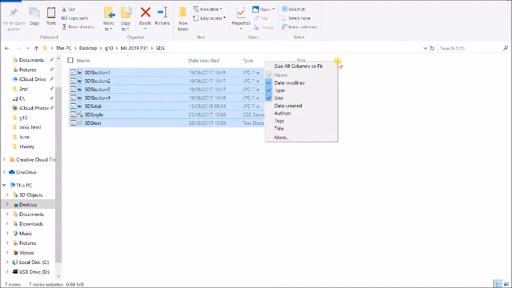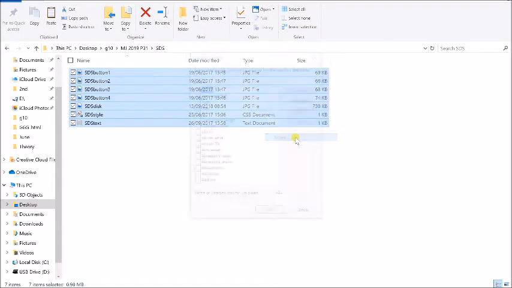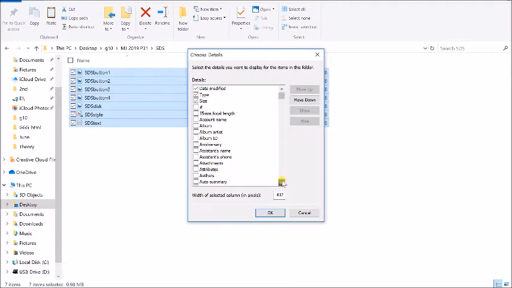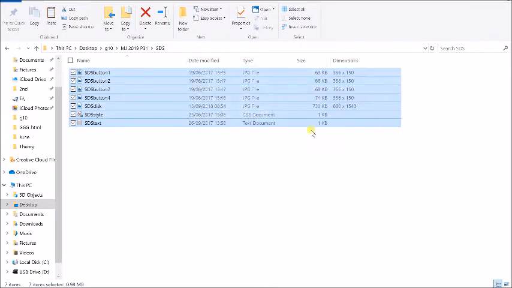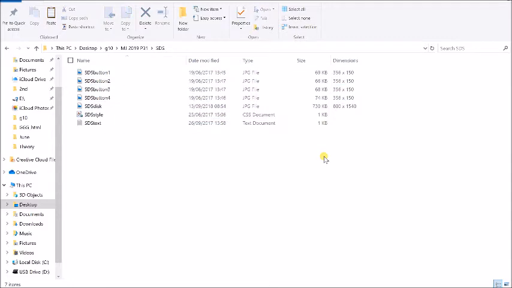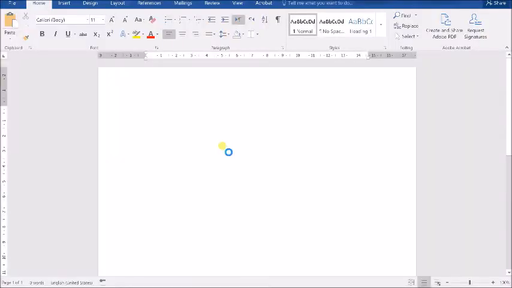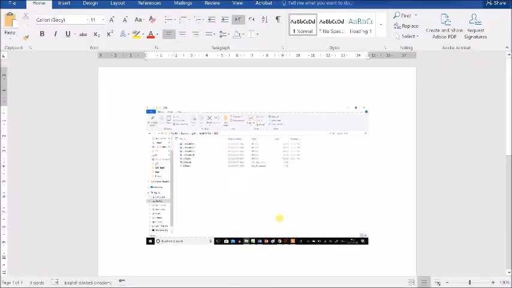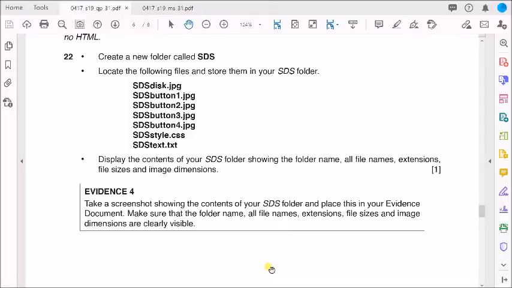Okay, I need the dimensions, so go and find dimension, date, division. Here is the dimensions, so I can get my screenshot and go back to my evidence file and crop. Okay, then